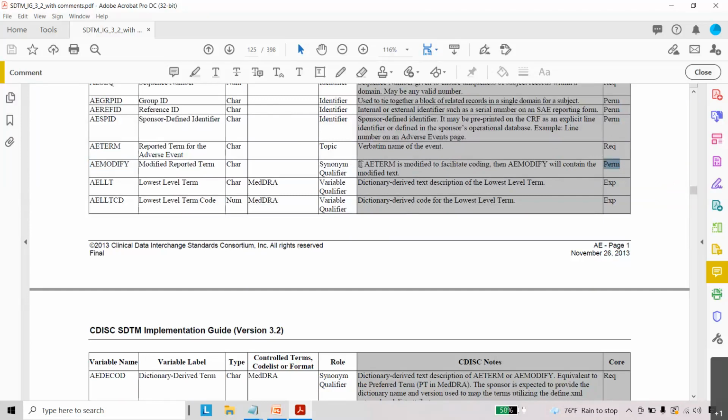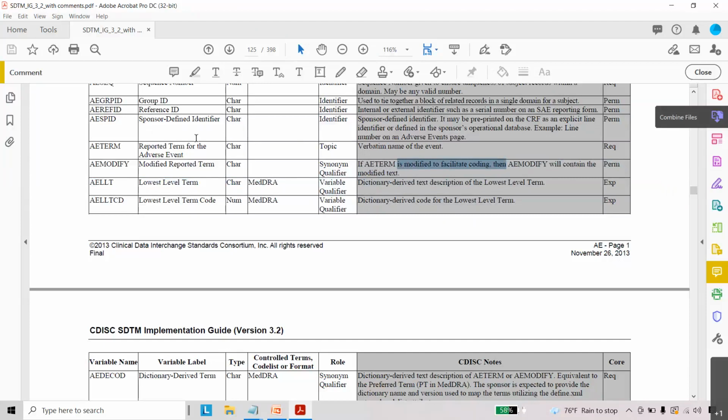You can see here, if AE term is modified to facilitate the coding, only for coding purposes, then AE modified will contain the modified text. We can see the slightly updated text in AE modified, but the meaning is not changed, it remains the same.